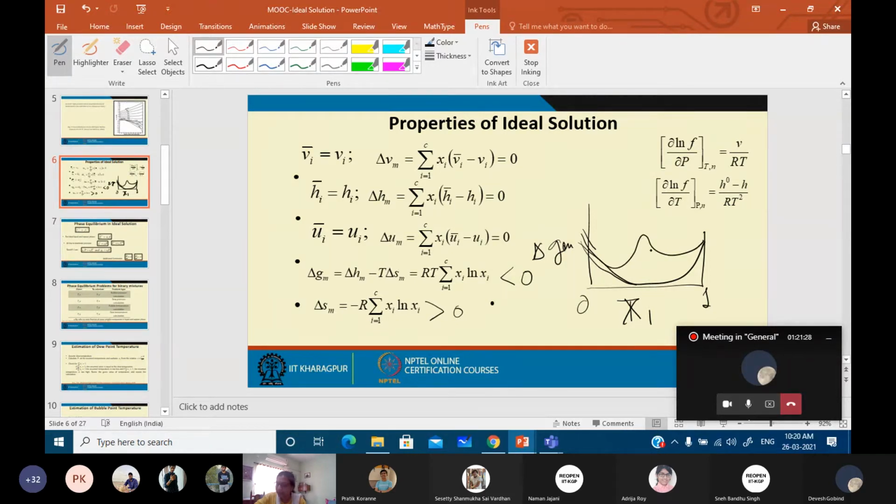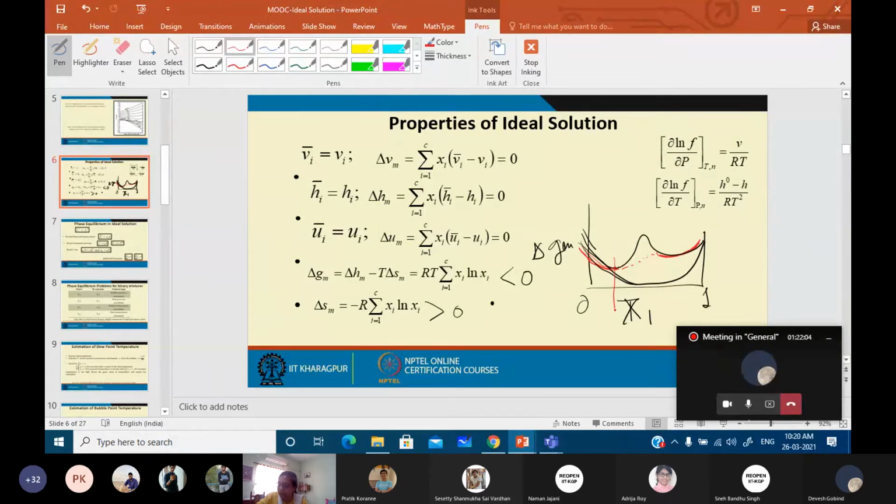When the graph is something of this sort, it means that for this particular region, you have miscible systems. For this particular region, the two liquids are miscible. But for this particular region, had the liquids been miscible, then the Gibbs free energy would have followed this path. But in reality, it follows this path, which means that when they mix, the mixing is not spontaneous.